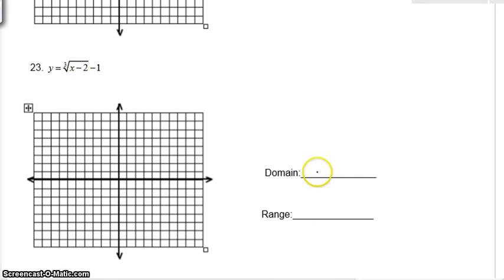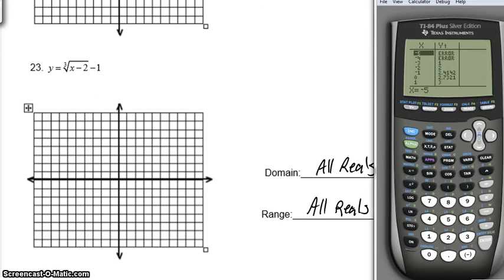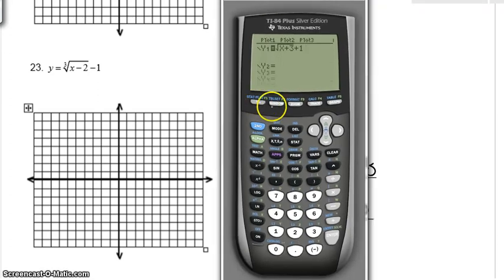As we take a look at our last problem for number 3, the wonderful thing is, for cube roots, we can immediately say that our domain and our range are all reals. You can always say that for a cube root. But let's get some help knowing what this thing looks like. Hit clear, we'll hit math, bring down that third root, we'll type in x minus 2, slide that over, hit -1, and if we went back to the table, just hit second table, again, what you notice is you don't